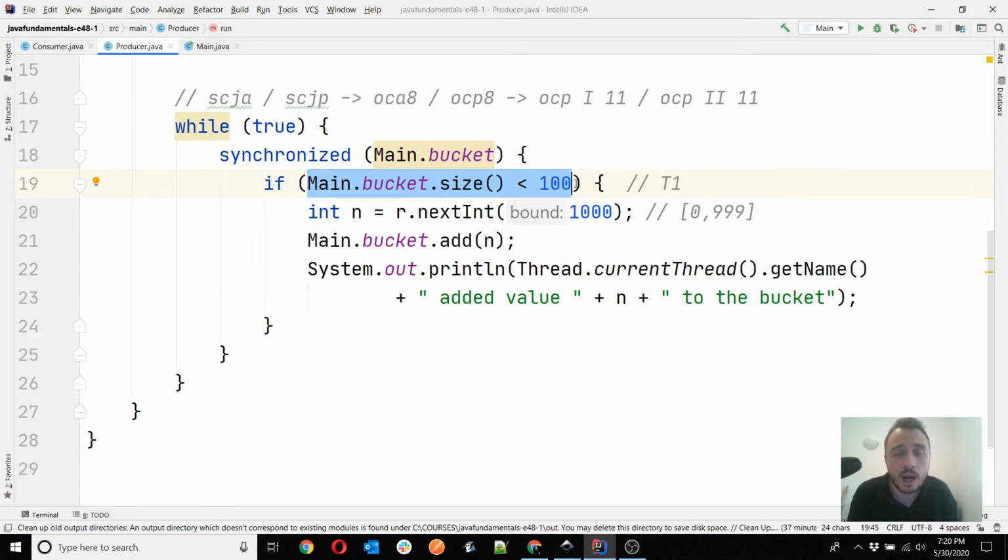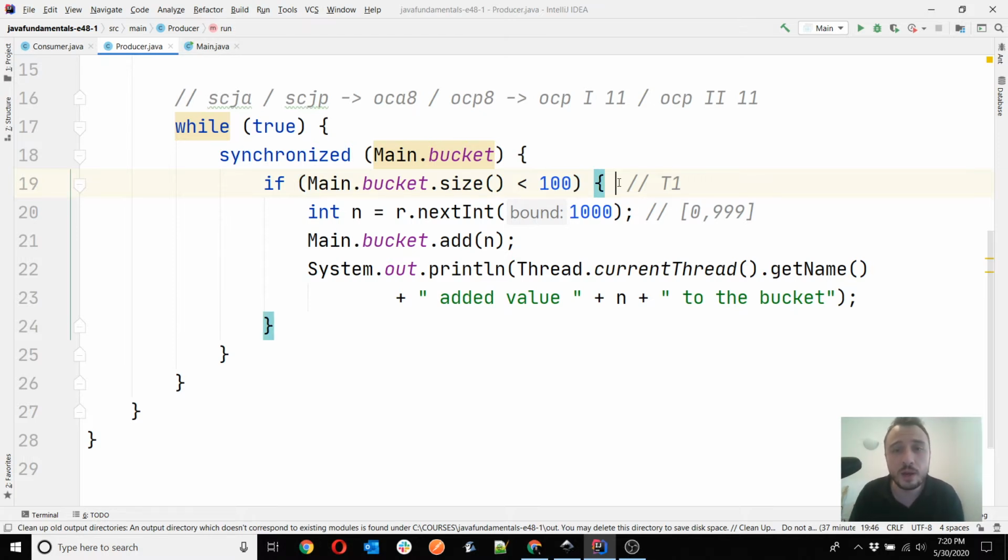So how can we change this behavior? How can we implement something such that when this condition is false, we make our thread wait? The logic is like this.